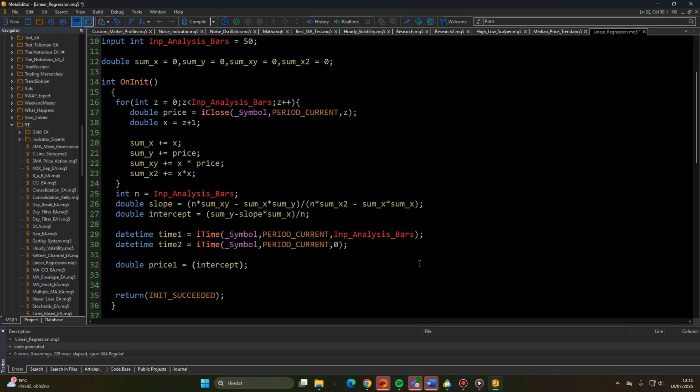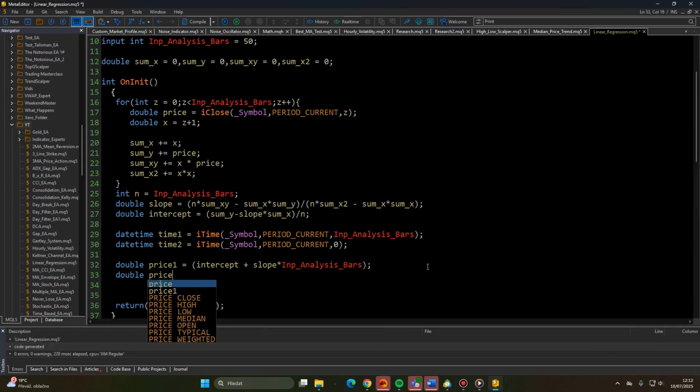Of course it should be plus, because it doesn't make sense to put minus there. So it's slope, and now the slope times the number of candlesticks that we want to calculate this for, because this is the average change by one candlestick. So we want to multiply it by the number of candlesticks in our analysis, which is this one,